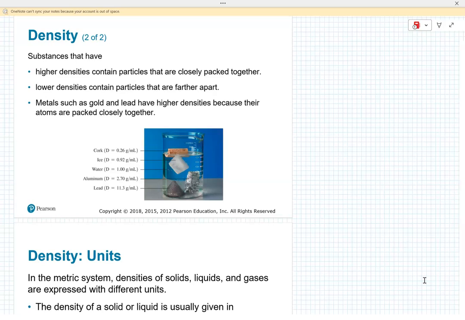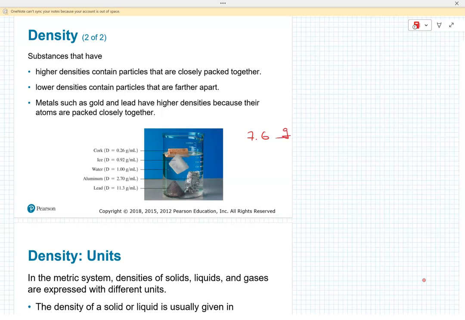So let me ask you this. If you take an axe and throw it in the water, will it sink? I'm talking about the metal part of it. If you take that same metal part and throw it in a little can with mercury, will it sink? It will not, because the density of iron, again, ballpark,